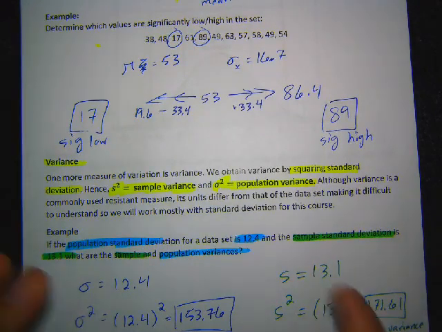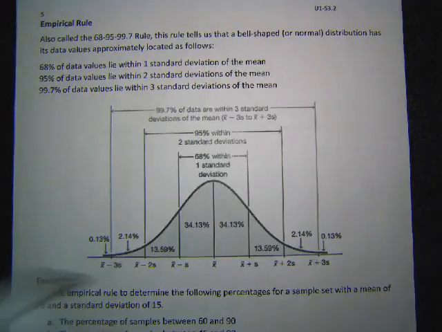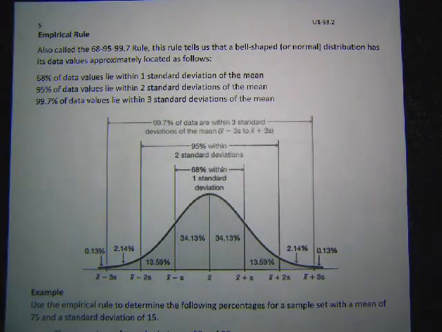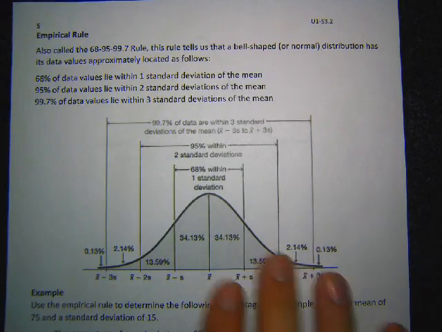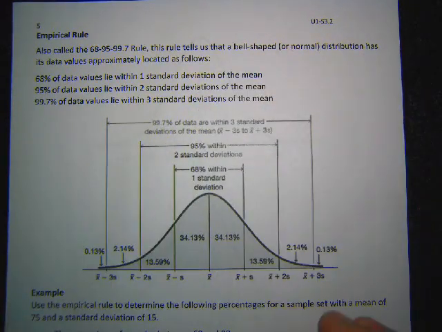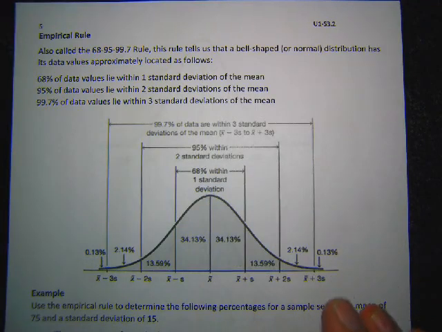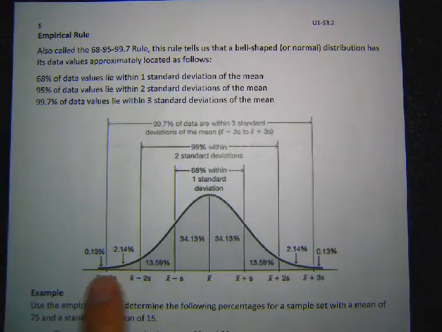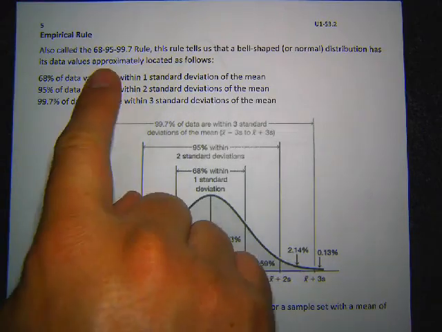Okay, last thing for this section. There's this cool little rule called the empirical rule. I've seen other people call it the 68, 95, 99.7 rule. It's just a trick for figuring out the percentages across this grid of the different values. If you take a normal distribution, this only works for a nice normal distribution. Like I said before, we like normal distributions because they have easier math. If you have a nice spread out normal distribution, the 68, 95, 99.7 rule,